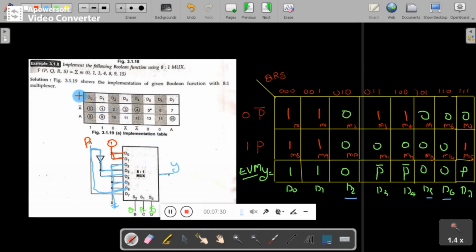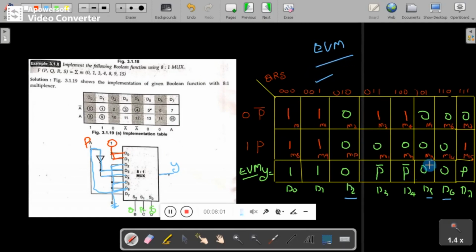Because when the expression is 4 variable, there are 16 min terms, but in an 8:1 mux we have 8 inputs. That means you have to simplify it by means of the EVM technique, or this is also one more technique you can refer to. The EVM technique we have discussed in our earlier video session; if you want to solve this problem using the EVM technique, refer to my earlier video.